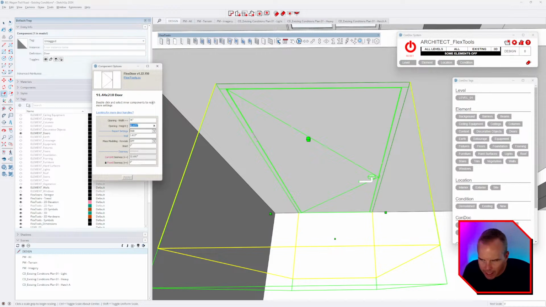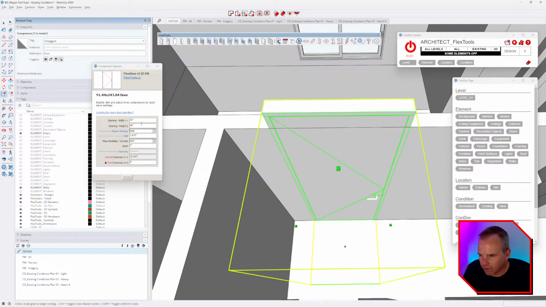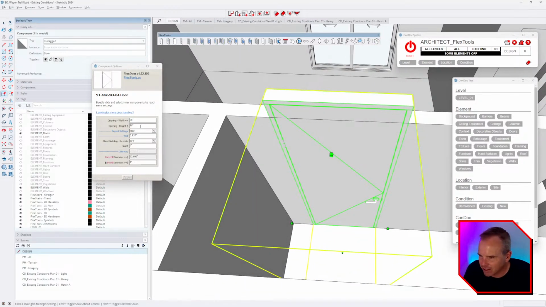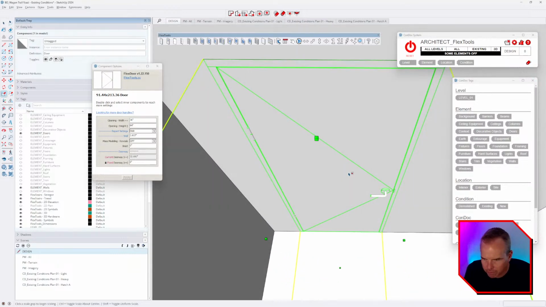And then our opening height, let's make it like 8 feet. Well, let me do that. All right, and so yeah, let's call it 7 feet, just to kind of keep it within scale. It doesn't matter. Okay, so now